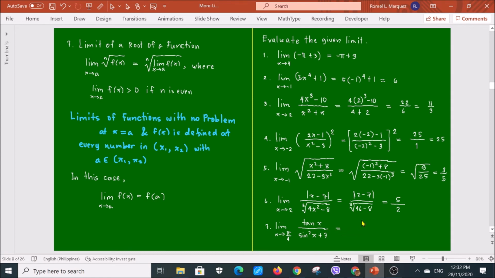So tangent of pi over 4 is okay, no? That is equal actually to 1. Sine of pi over 4 is also okay. That is equal actually to square root of 2 over 2. Then plus 7. This is equal to 1 over,